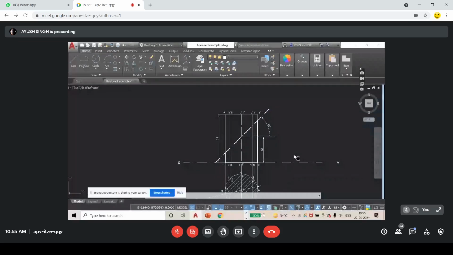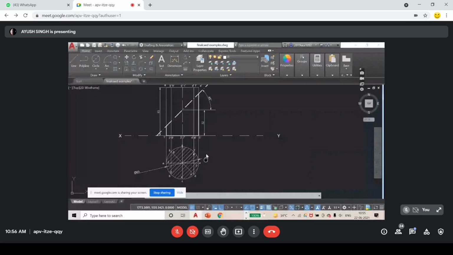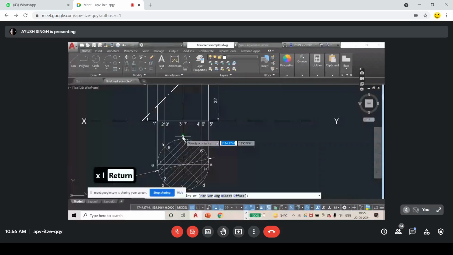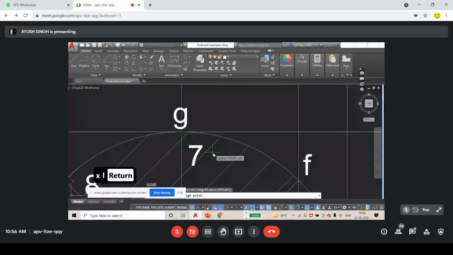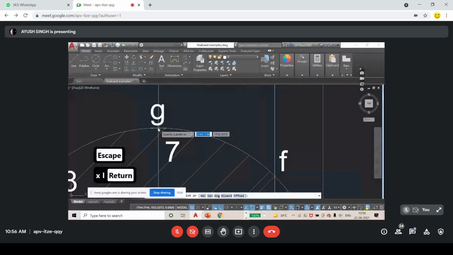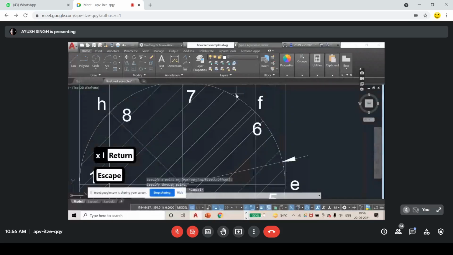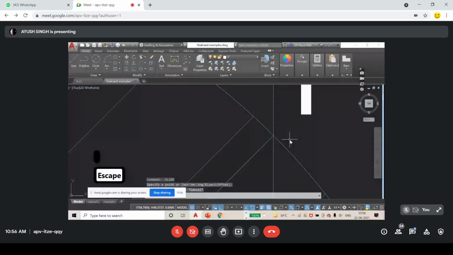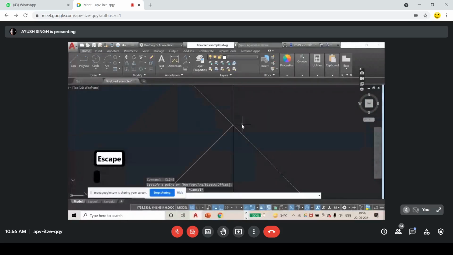So we are creating X lines. One is here, and escape. X line, one is here, escape. We have to check correctly that it is meeting the correct point, because these two hatch lines may be meeting each other by chance.